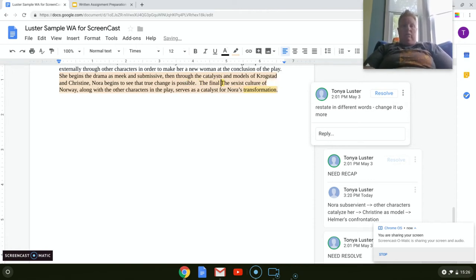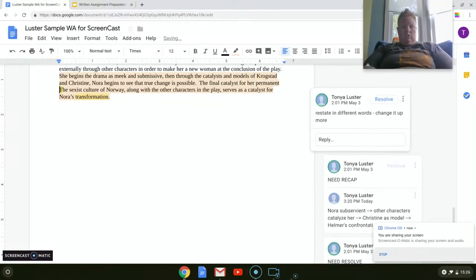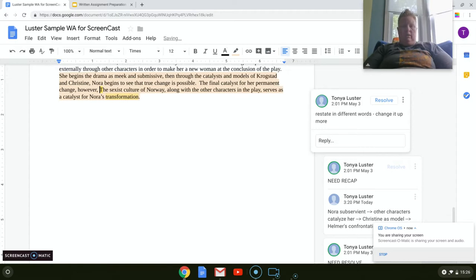The final, I don't want to say catalyst again, so I'm just going to put it in here and then I'll find another word. The final catalyst for her permanent change, however, is the confrontation from her husband